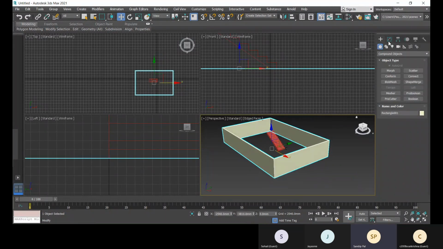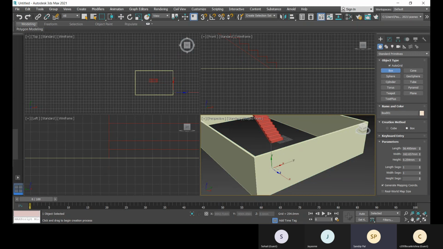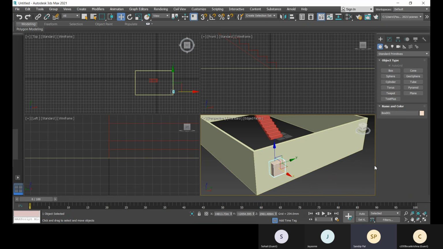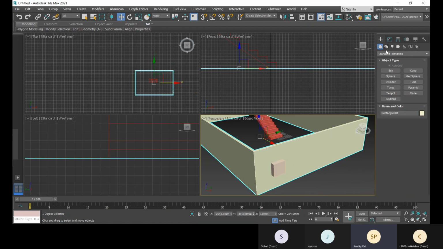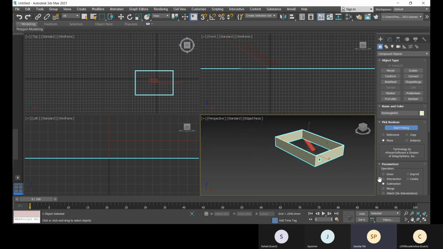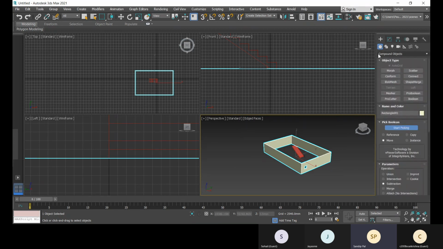And now it is editable poly right now, and from standard primitives, auto grid on, create a box, and select this and go to compound objects and select this ProBoolean, subtraction is on, and click on this start picking, and now you can go to this modifier option.